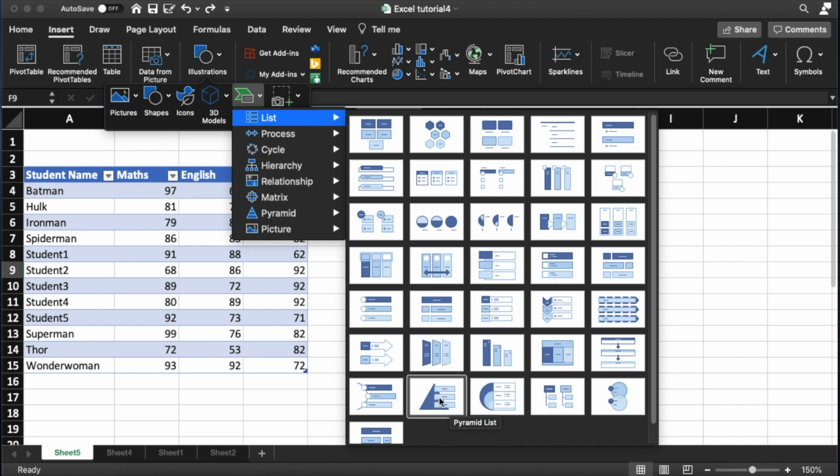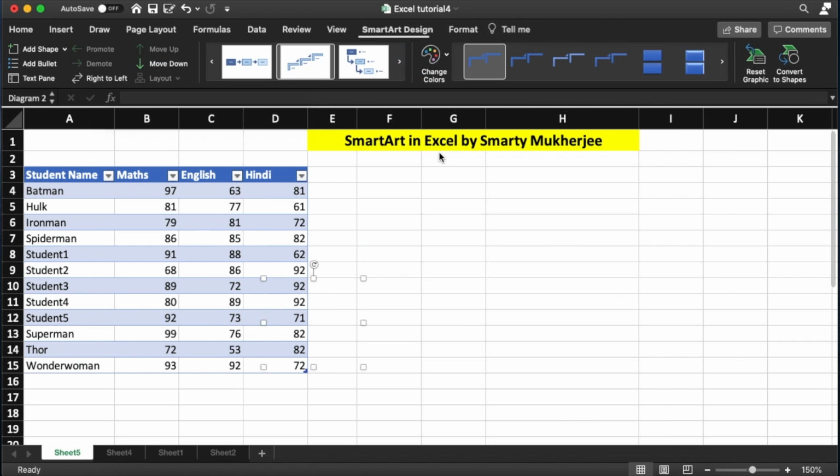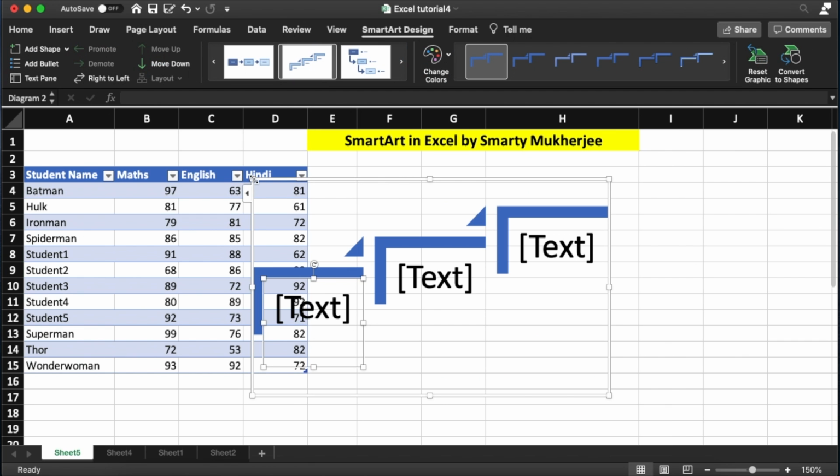So there are several options available for presenting in the form of a list. If you are just presenting some process, you can click here and make a process where you want to show the growth in something. Say this one, I clicked on this process.